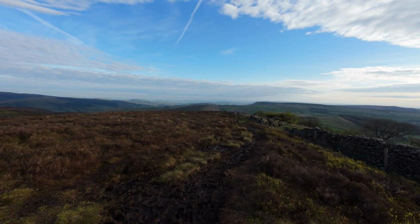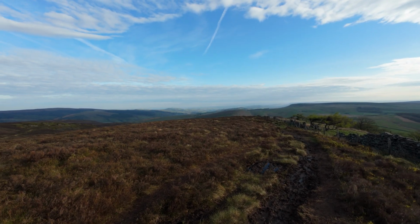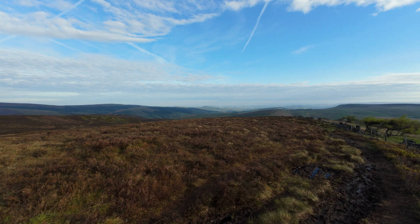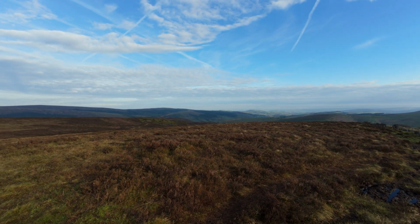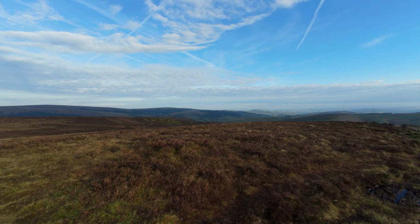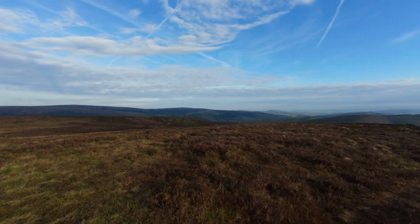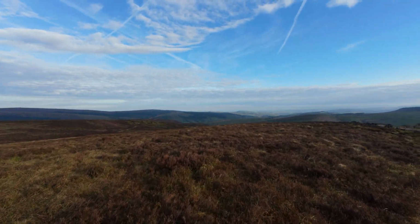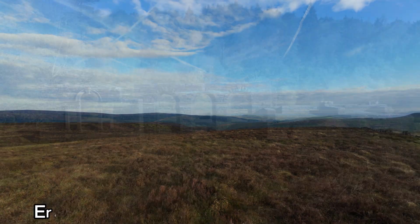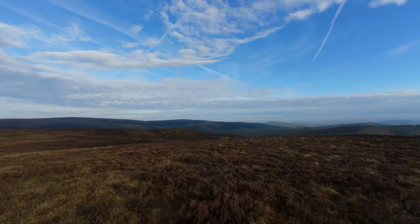I'm going to start walking down this way and then onto an old disused railway track, and then I'll start panning around again, drop into the valley there where the Errwood, I think that's how I pronounce it, Errwood Reservoir is. We'll have a bit of a play around there. There's old dismantled ruins of a stately home hall, can't remember what it's called,